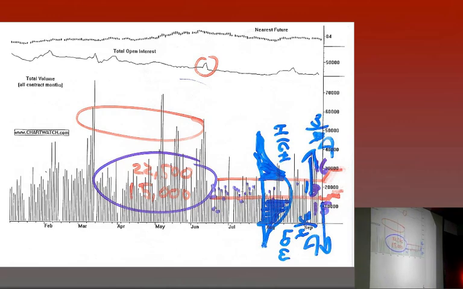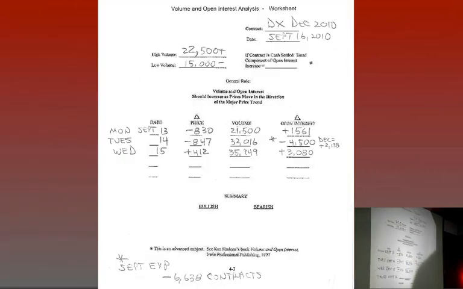Well, I can't remember if I gave this to you or not, but there is a worksheet that I use. We go over it when I'm teaching this in depth. What we do is we write down the price change, we write down the volume, we write down the open interest change, and then we take the general rule and we work it backwards, trying to determine what the direction is of the major price trend. And you usually should go back about 5 trading sessions. I'm going to go through this with you because I think it's important to your education.